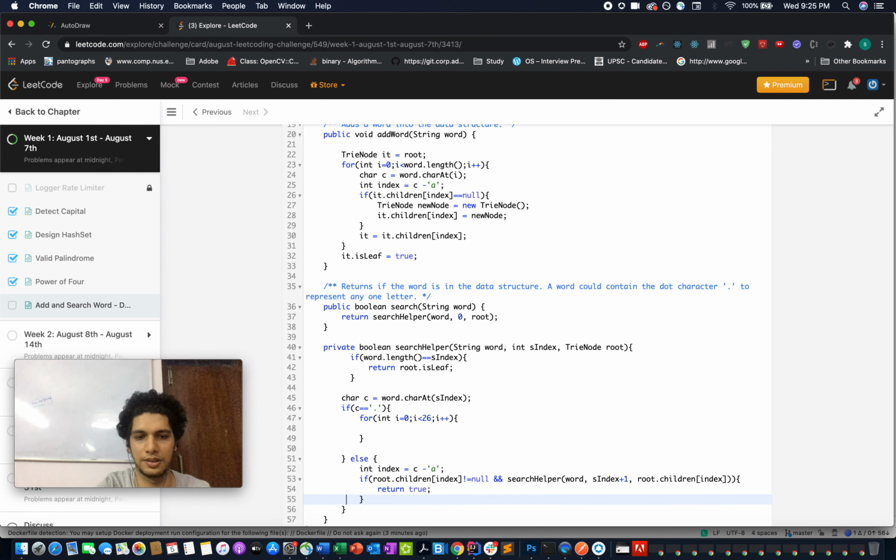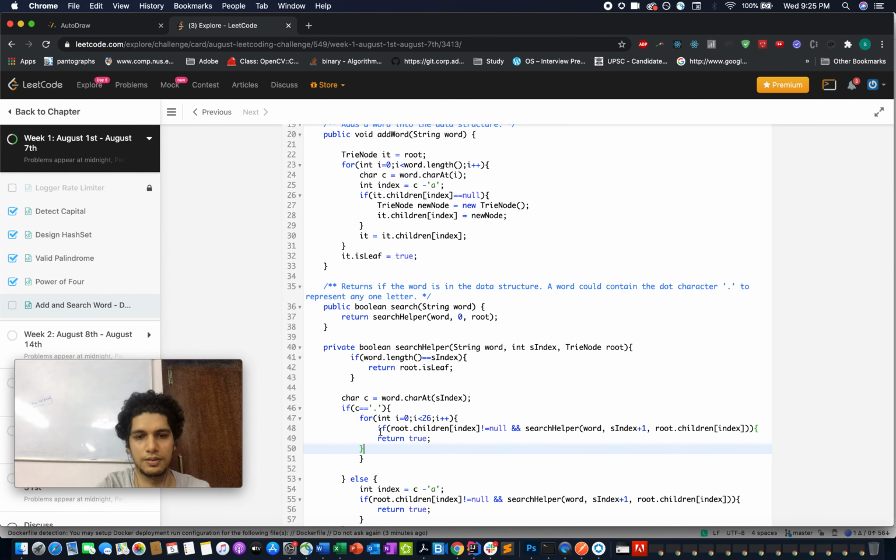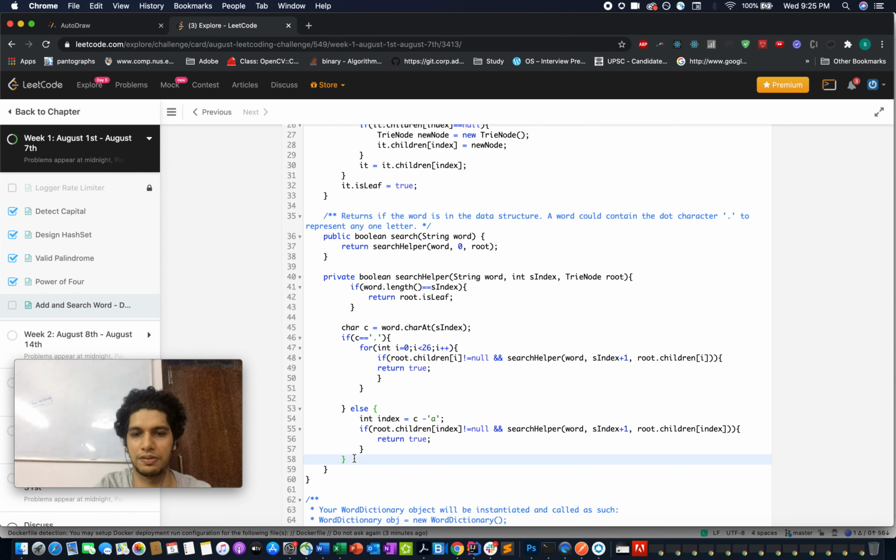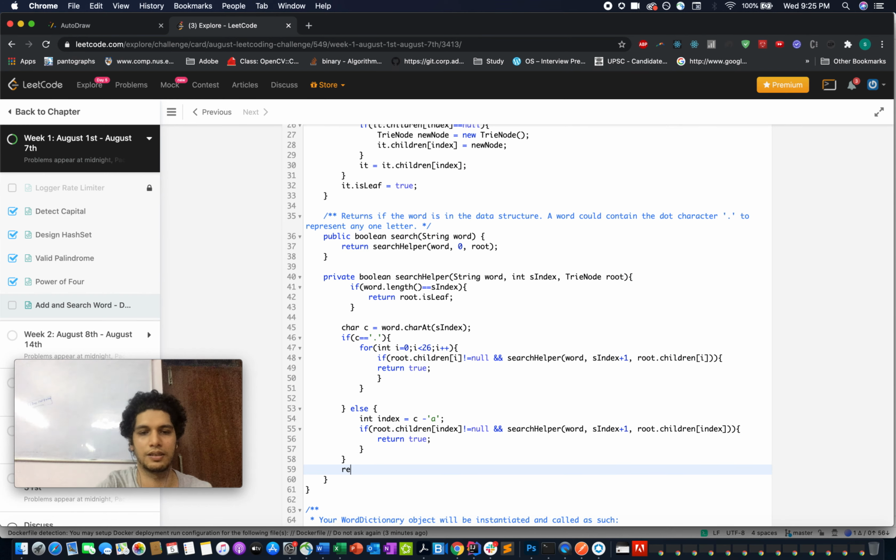If root dot children dot i is not equal to null, we have just skipped that character and tried searching for the rest of the string. If it returns true, then it's fine. Otherwise, we will return false. The default case is false.